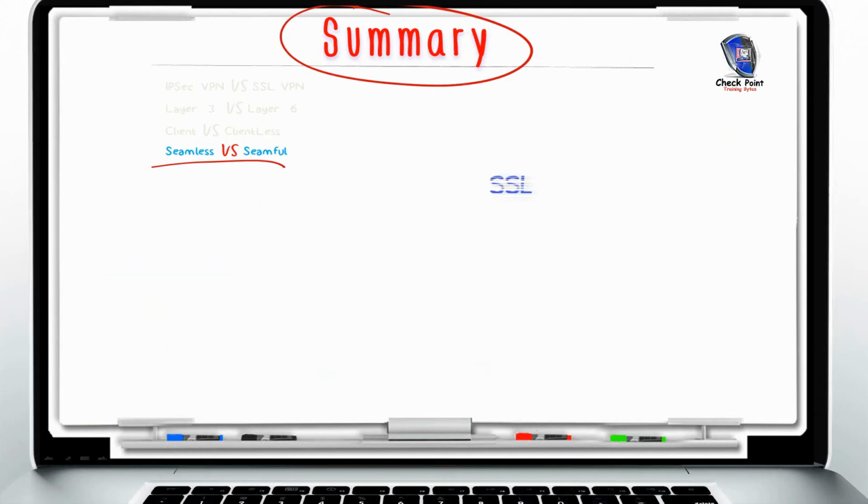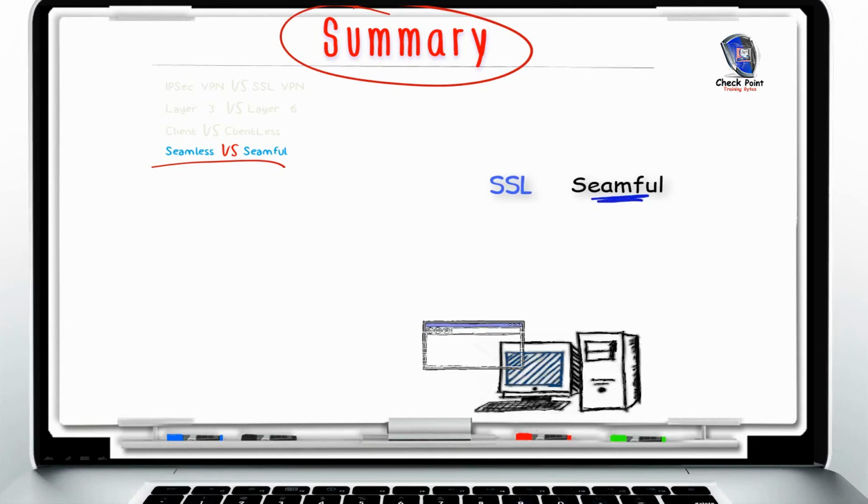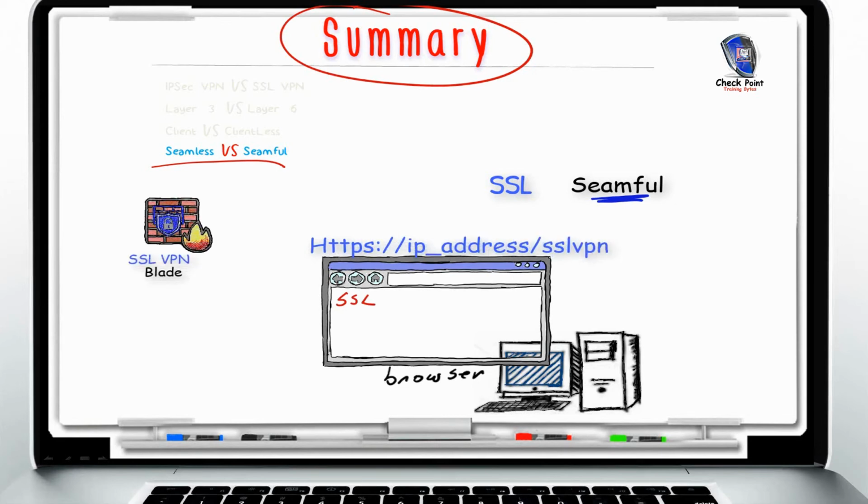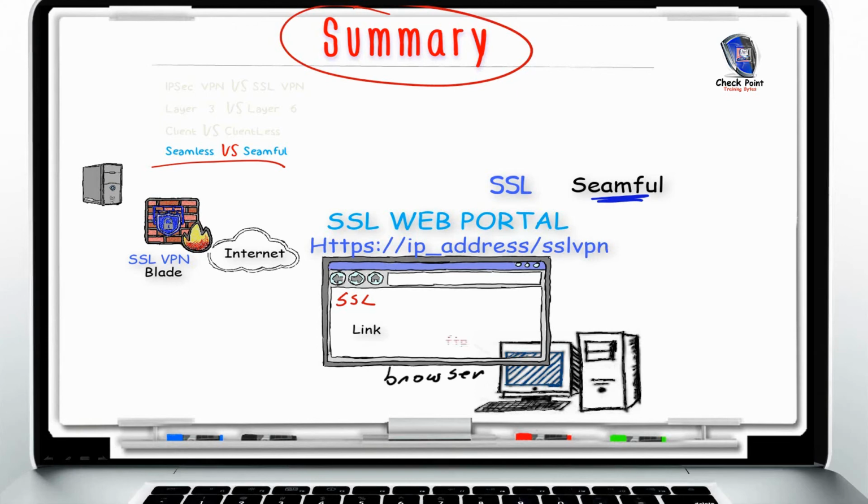On the other hand, I mentioned that SSL VPN is, for lack of a better word, a seamful solution, which means that you will need to access your files or data and emails from a browser, from an SSL web portal page. I mentioned that the SSL VPN browser first needs to connect to the SSL VPN gateway, which will then redirect you to a browser page, what we call the SSL portal. And after authentication and logging in, you'll be able to see all the applications that are shared or were shared